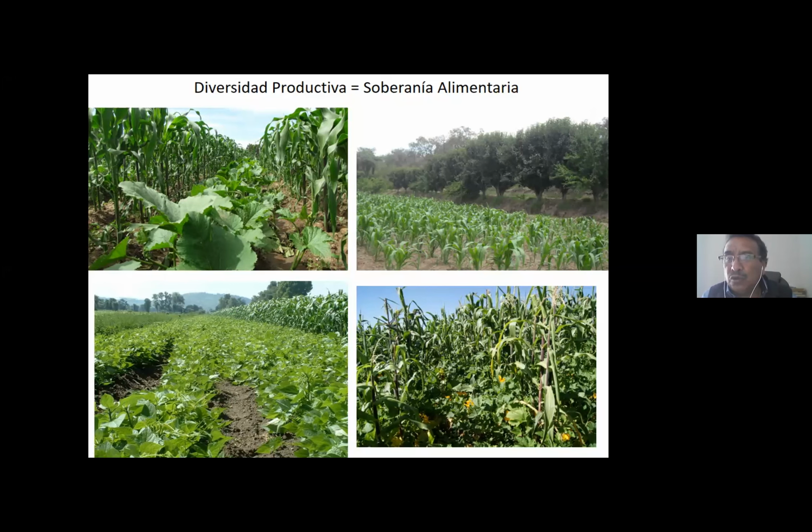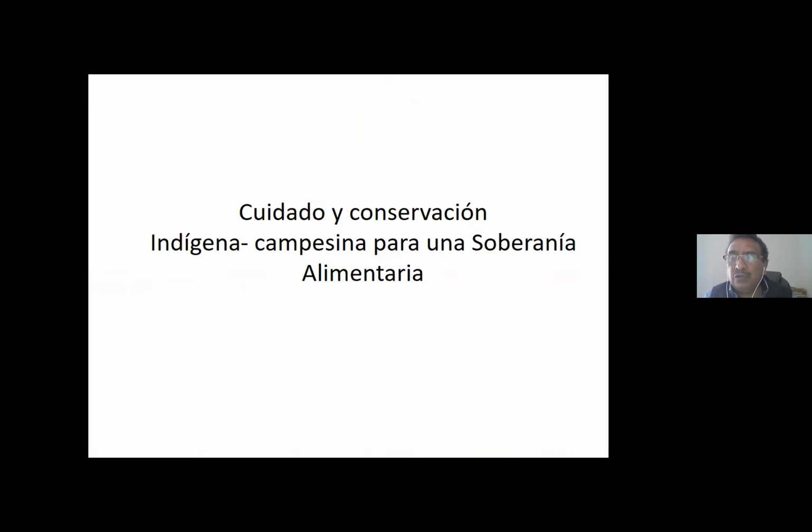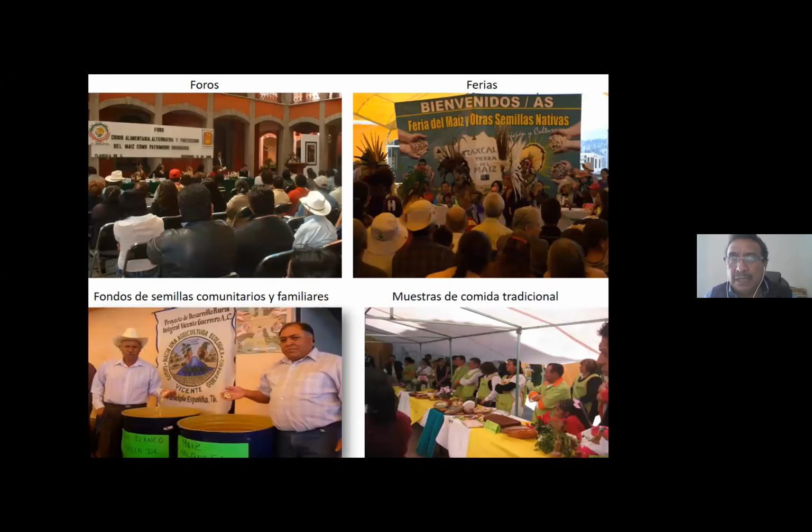This is something that we, as the Vicente Guerrero group, together with the campesino and indigenous peoples, have sought to defend. So this care and saving of our seeds for us as indigenous people is part of our food sovereignty. And we do this work also by holding meetings and forums to share information with campesinos, and with the urban dwellers as well. And there are professors and academics who also work with us to spread the word about what corn means for Mexico and what corn means for Tlaxcala.